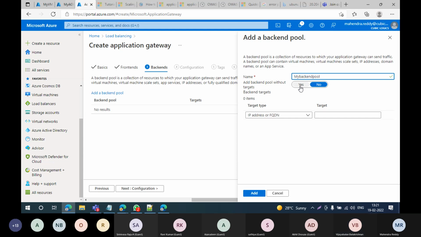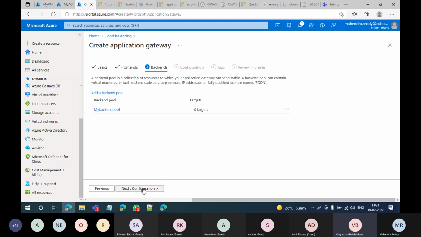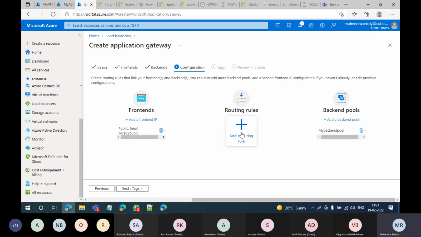As of now, I'm not adding any targets. There should be some VMs, but in this case we are just exploring, so we go without targets. I have targets also; I will add them once we are done.